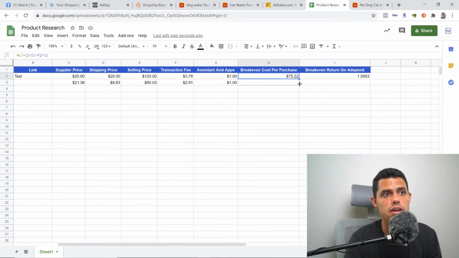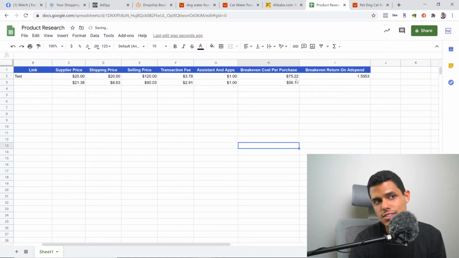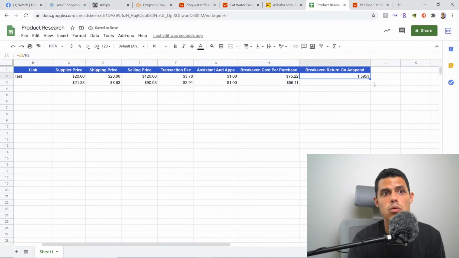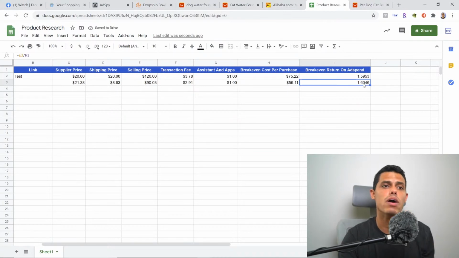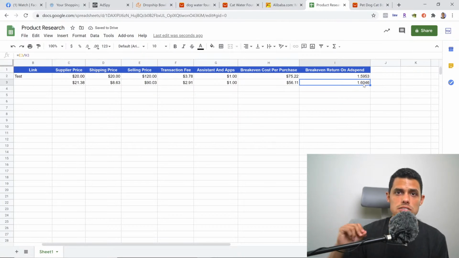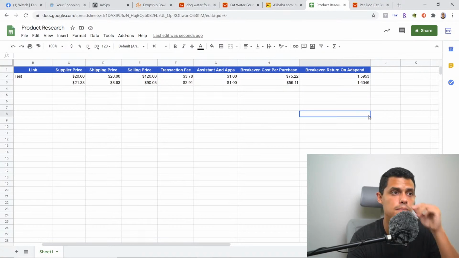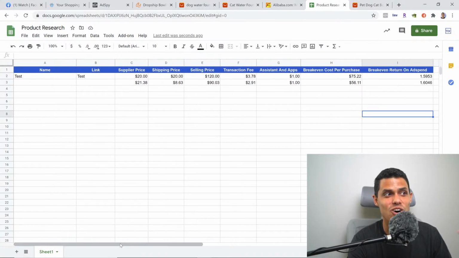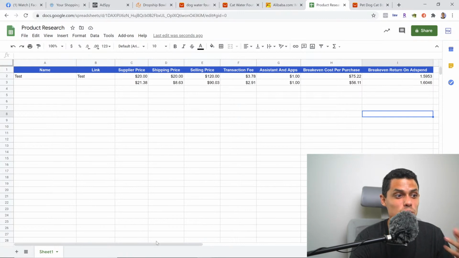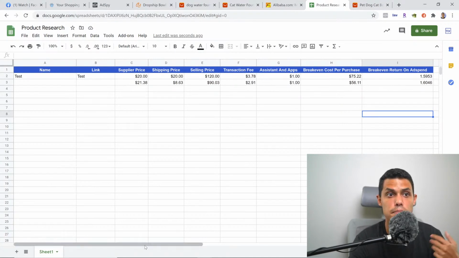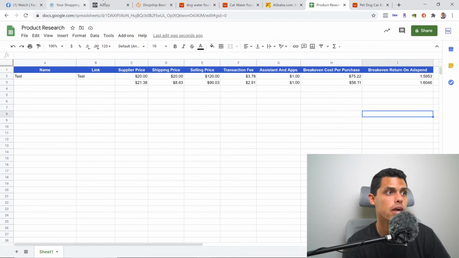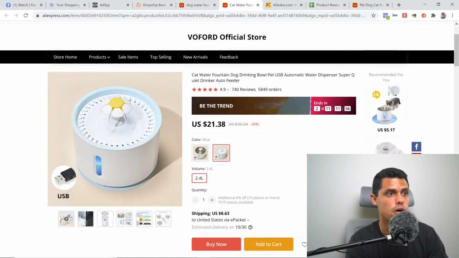Then if we calculate the break-even cost per purchase, we have $56 right here. And then we'll have a break-even return on ad spend of 1.6. So every time that we see the 1.6 inside our metrics in Facebook ads, we'll be making profit, okay? So as you can see, this is only drag and drop. So this is super easy to do. You will find this Excel sheet to understand each product that you find and see if it's viable for your store. So what we do now, we're going to go to our product right here